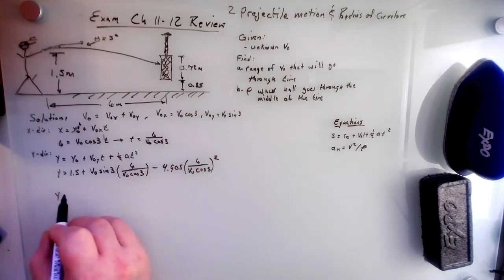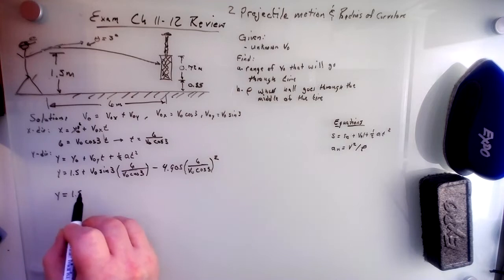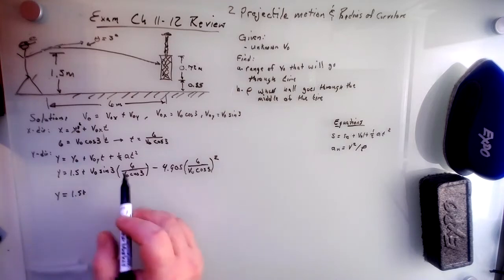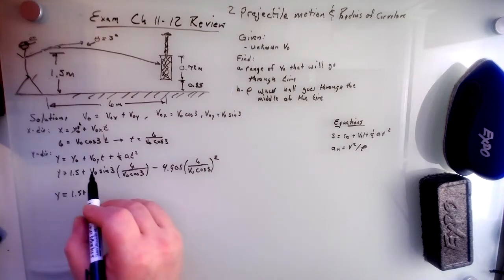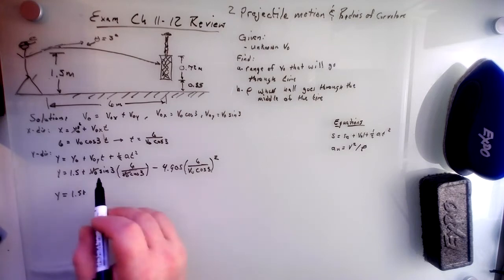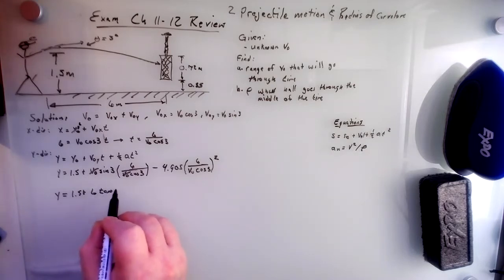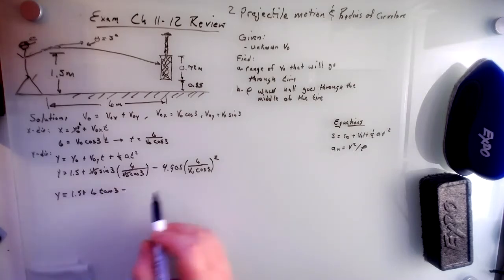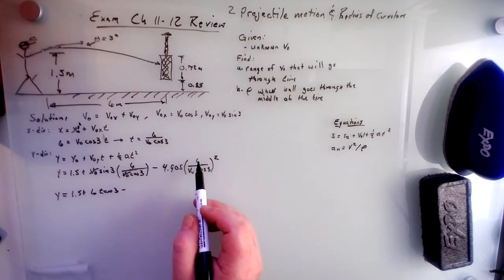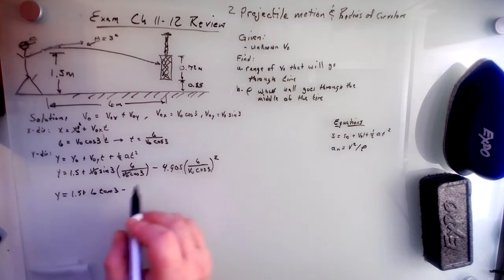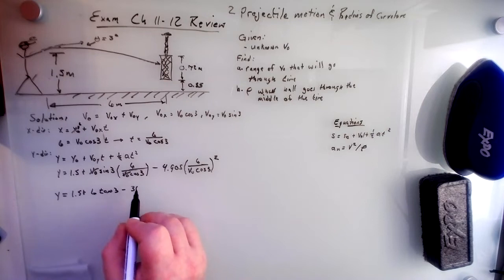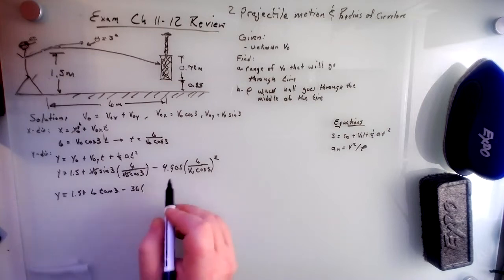So y equals 1.5 plus, now here, the v naughts cancel, okay? And so we get 6 tan 3 minus, the square of 6 is 36, so 36 times 4.905